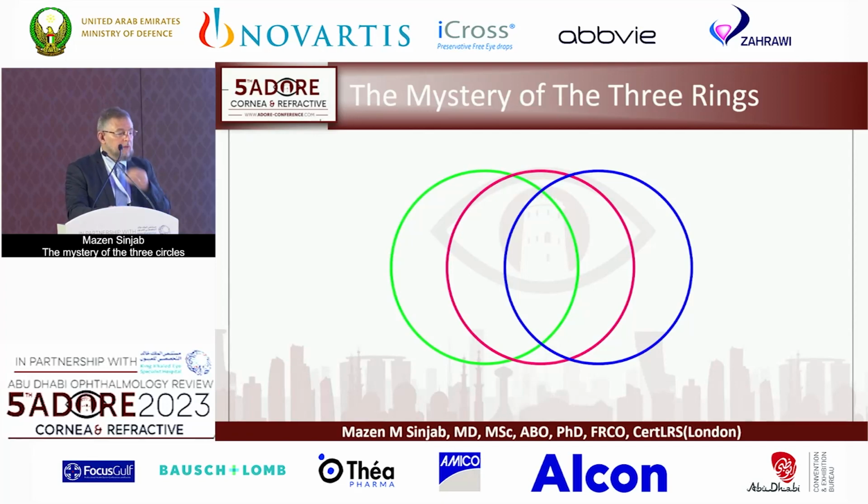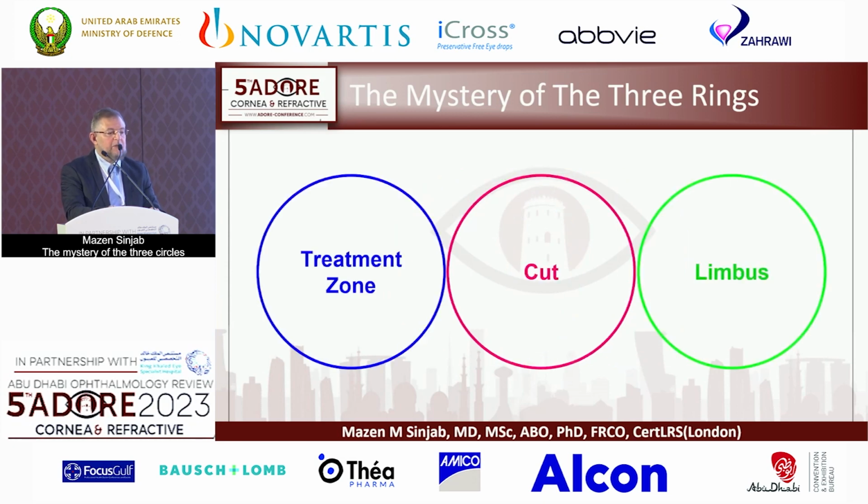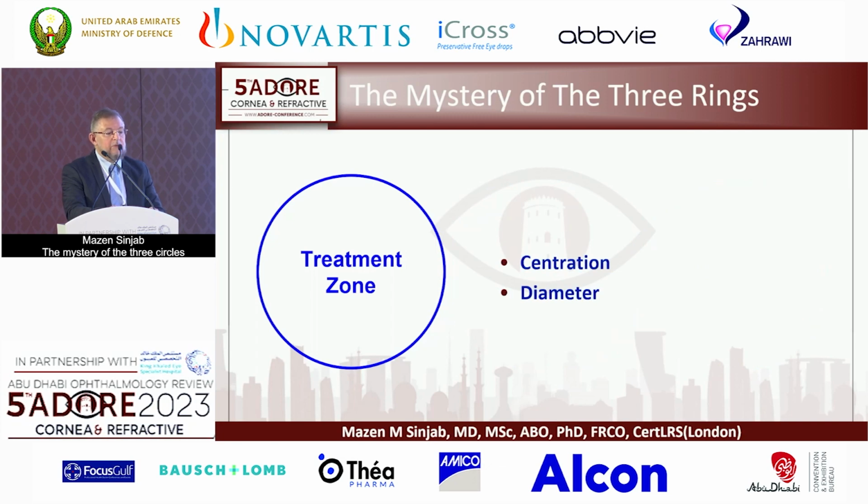Actually, when we do laser-based refractive surgery, we are dealing with 3 rings. The first ring is the treatment zone. The second one is the cut, flap cut, or even the zone of debridement of the epithelium or the cut of the smile, and the limbus. So the treatment zone, there are 2 points to consider: the centration of the treatment zone and the diameter of